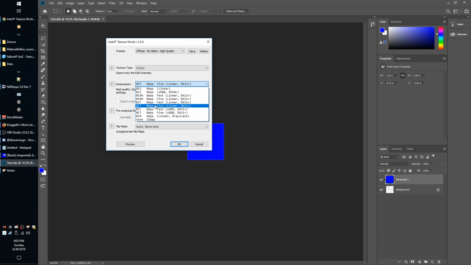that a new version of this plugin changes the order at some point, or introduces additional new stuff as new tech becomes available, and I want this tutorial to continue to work into the future. So you're going to choose the one that's BC7, 8 BPP, fine, and then in parentheses, linear DirectX 11 plus. So that's the one we want, and that is going to be the best possible texture quality you can get